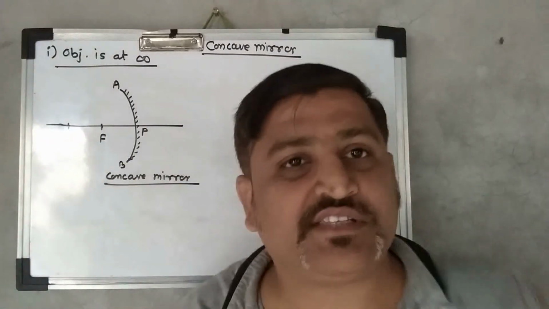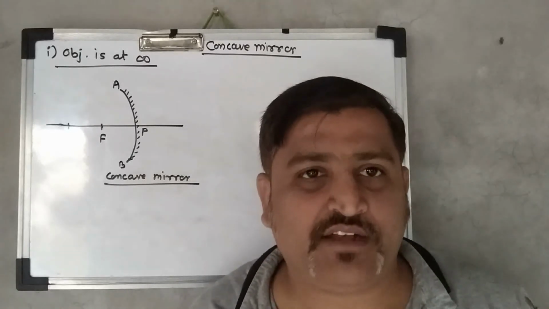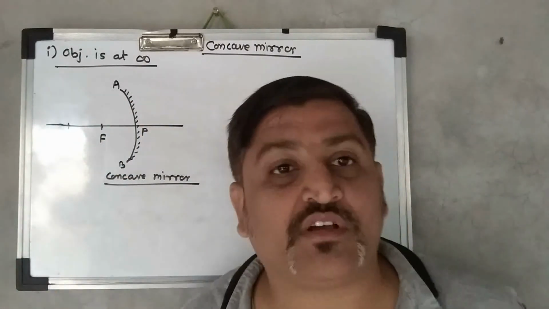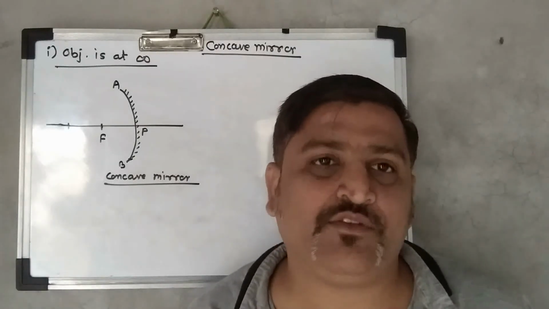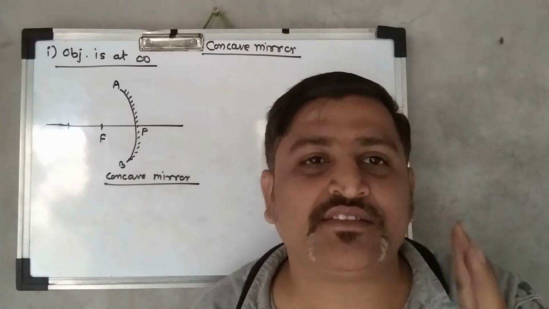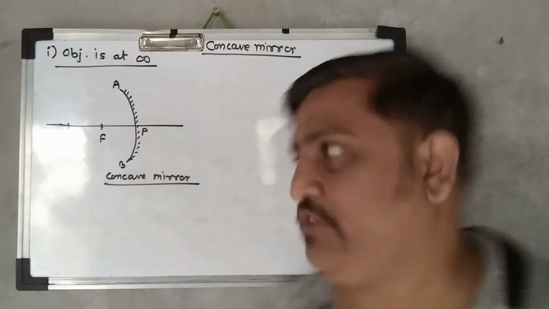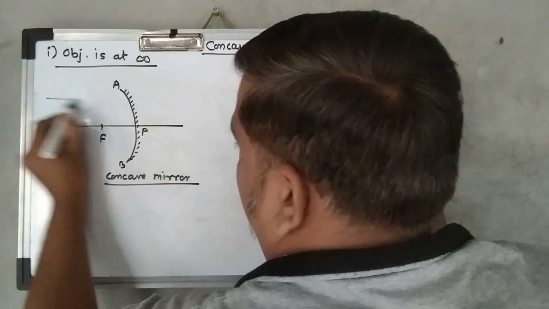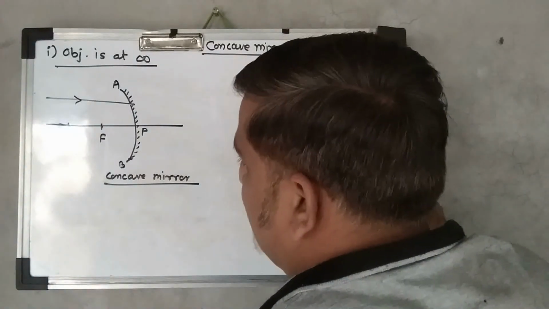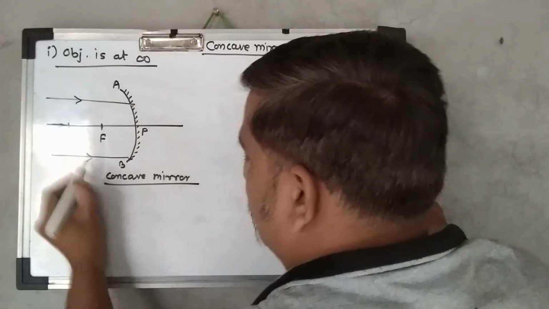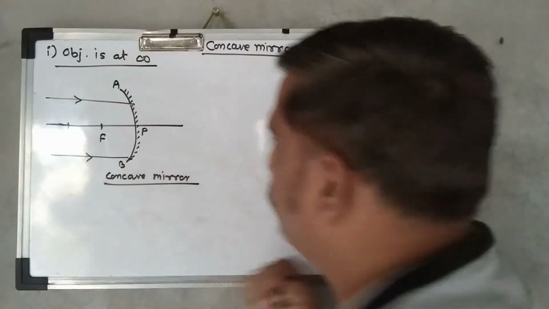We know that the sun is at infinity. The Sun is at an infinite distance from Earth, and because of that, the rays which are reaching our Earth are parallel. So in this case also, when the object is at infinity, take two parallel incident rays on the concave mirror and then try to get an image. Assume that an incident ray of light, parallel to the principal axis, falls on the concave mirror. I told you at least two incident rays we require, so I took two.